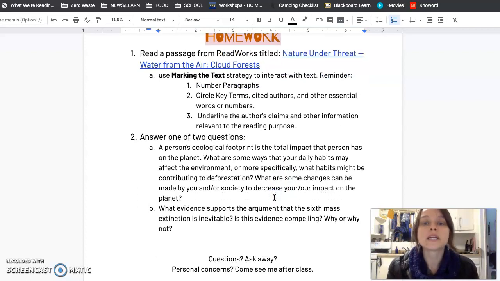So in addition to reading that article and marking it up, I want you to answer one of these two questions with about a paragraph. First question, a person's ecological footprint is the total impact that person has on